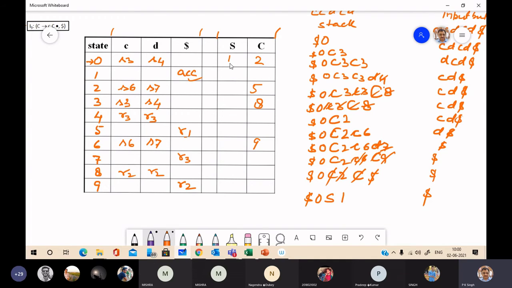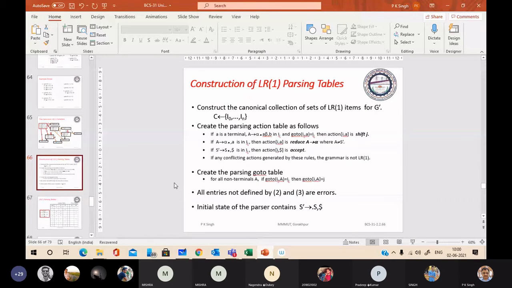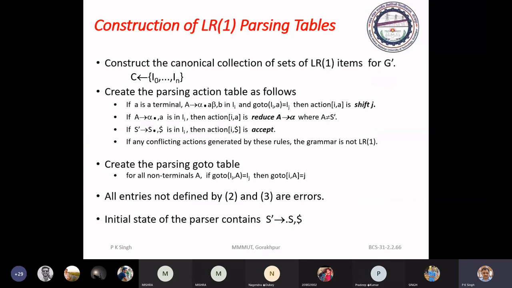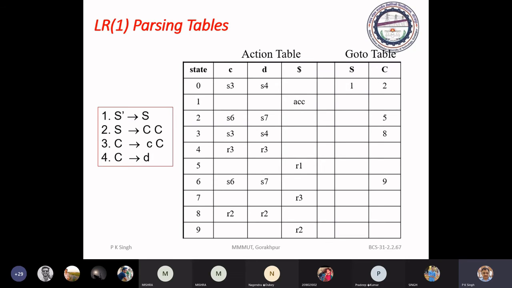Now see the difference between SLR parser and LR1 parser, or LR0 parser and simple LR and canonical LR. What is the difference? For that, just see, we have discussed an example in which we have shift reduce parsing during discussion of the SLR parsing table.